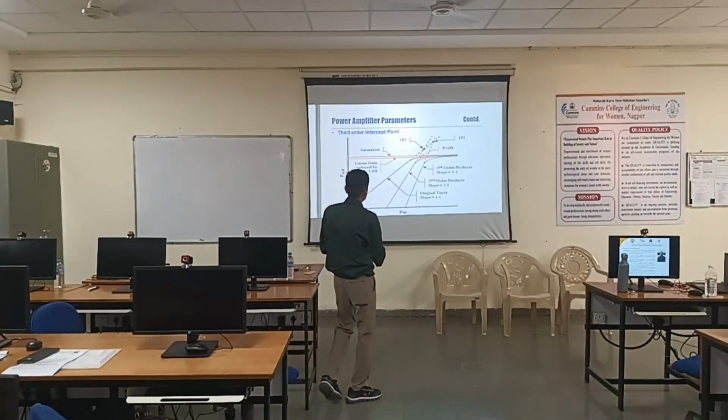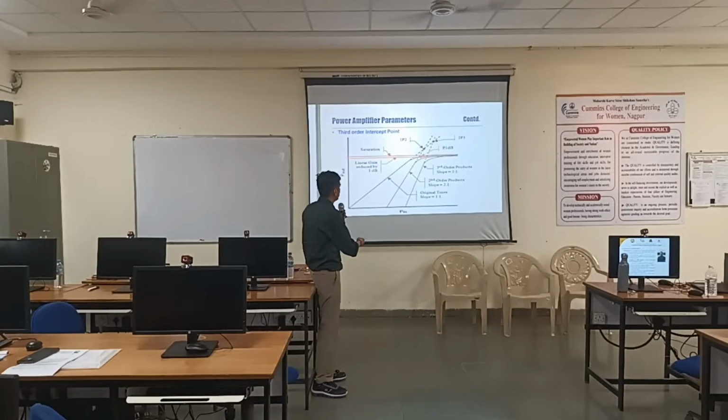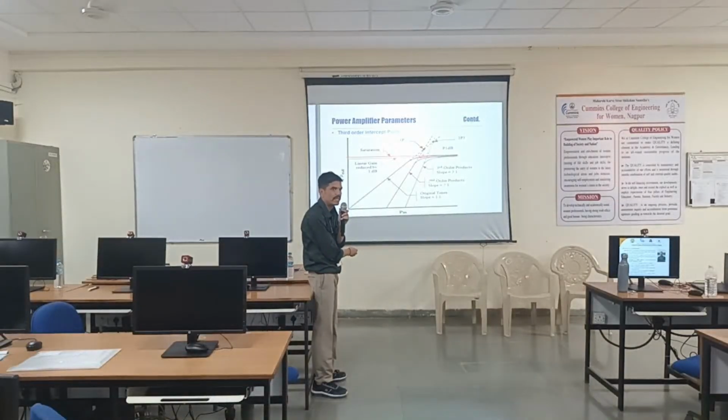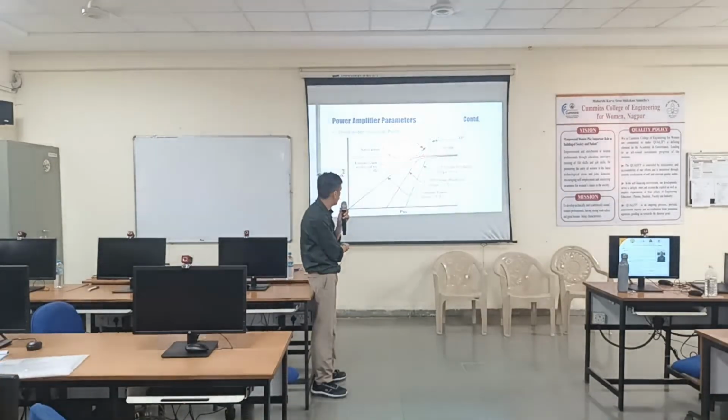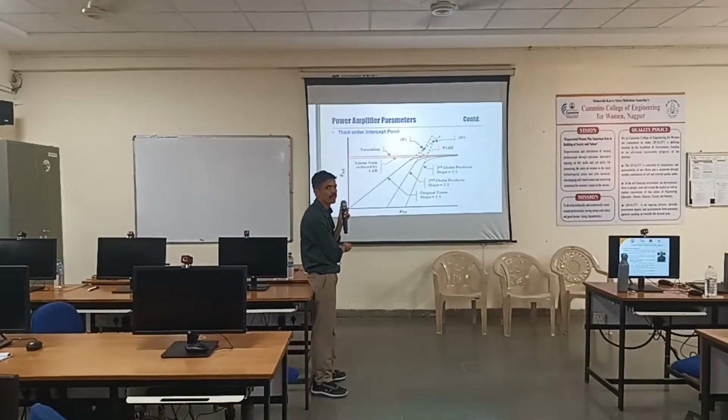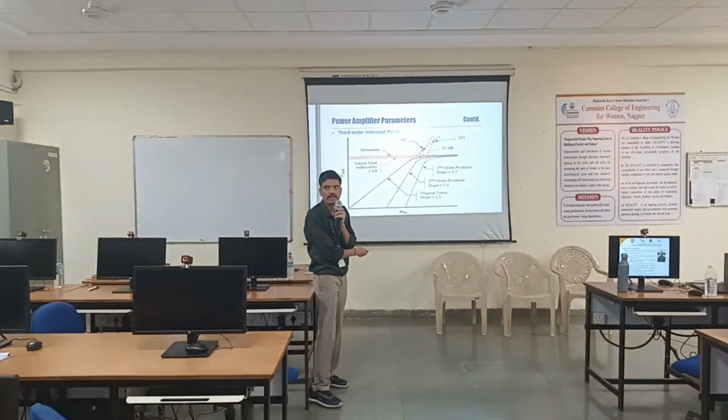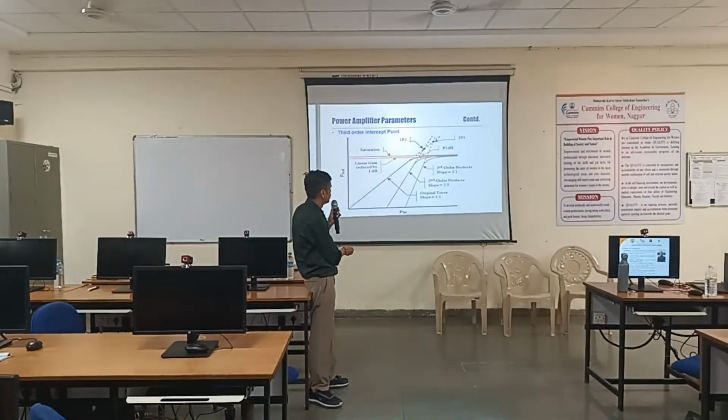This is the compression. This is linear. This is 1:1 slope. You can see. Please try to follow me. This blue line is what? 1:1 slope. 1:1 means what? Input power is changed by 1 watt, output power will also change by 1. That is what 1:1 is. The brown curve is 2:1.